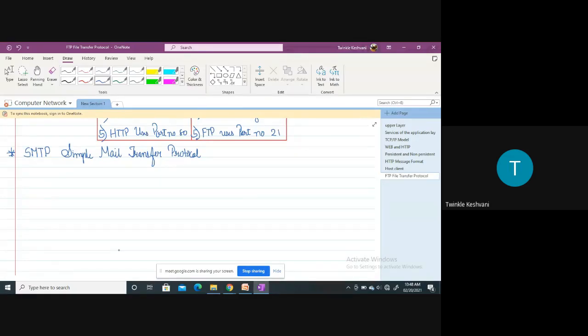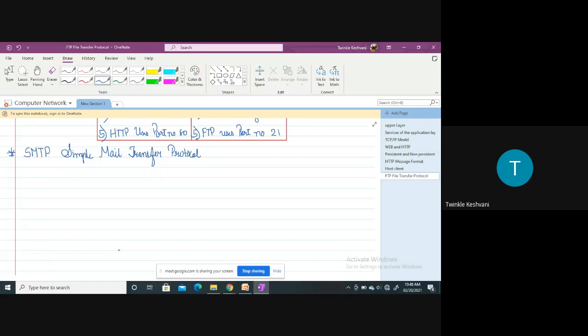Now, it also provides mail exchange between users on the same or different computers, or we can say it supports both sides, that is the client side and the server side. It can send a single message to one or more recipients. This is one of the functionalities. Now, the sent message can include any file format. It can be a text file, an audio file, or a video file, right?